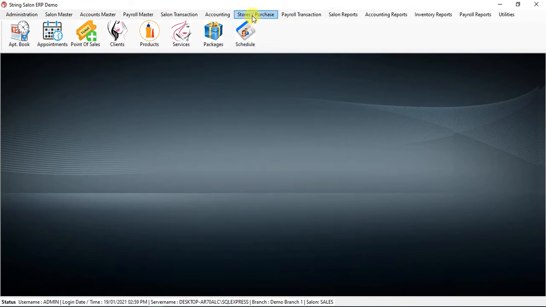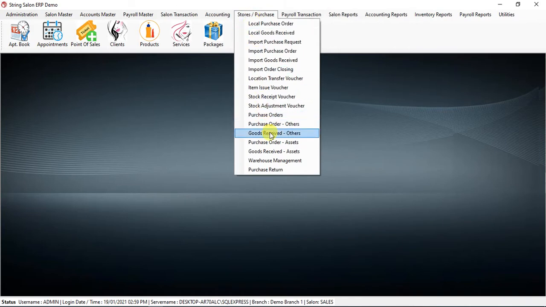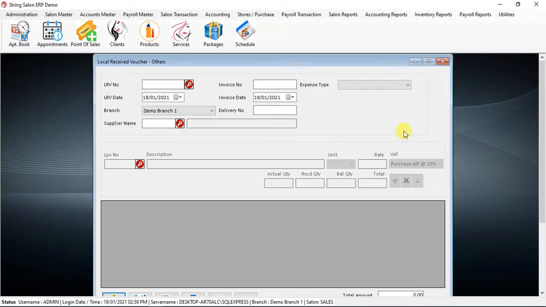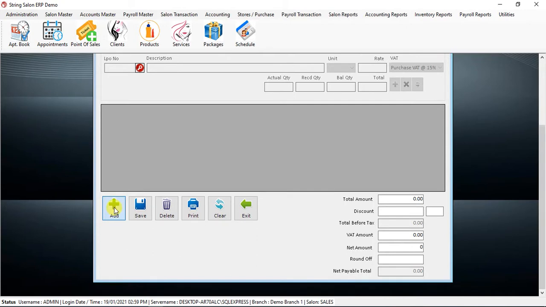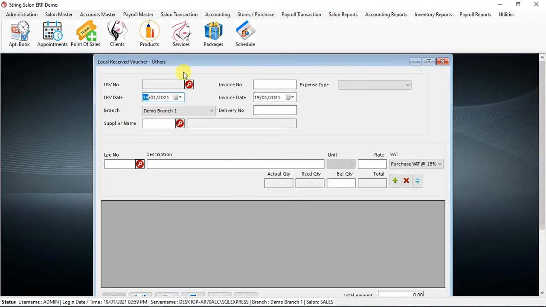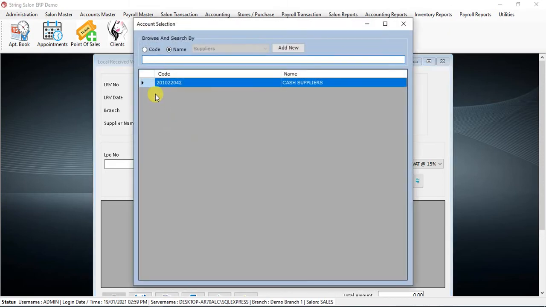Now you will go to Store or Purchase, click Goods Received Others. Then you will press add, then you can select the supplier name. The supplier will normally be cash supplier, in the sense of where you bought this thing. You can give the actual supplier name, or you can put everything under cash supplier.